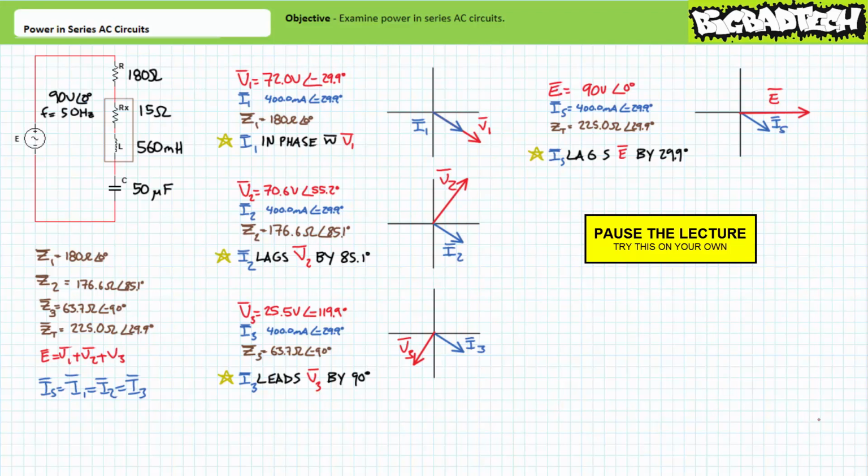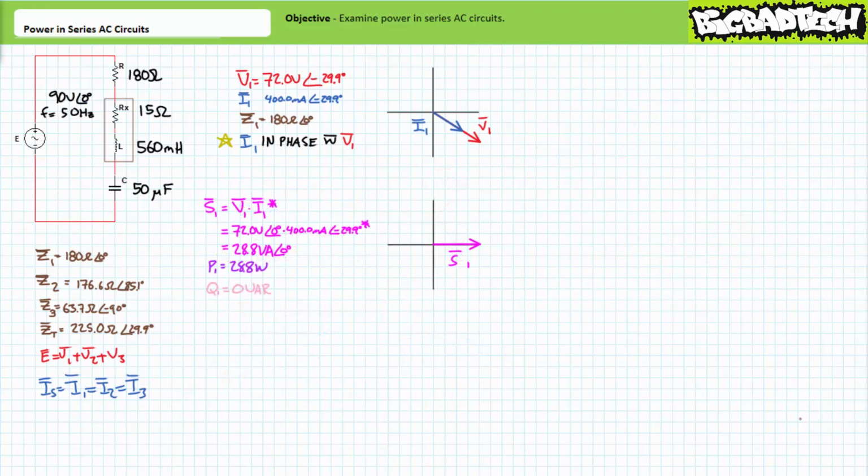Let's examine each individual element in turn, and then take a look at the whole circuit. It can be said current through the first impedance is in phase with the voltage across it, and there exists a relative phase shift of 0 degrees between voltage and current. Apparent power is the complex conjugate of voltage times current. Substituting our given values, we arrive at an apparent power figure of approximately 28.8 volt amperes at an angle of